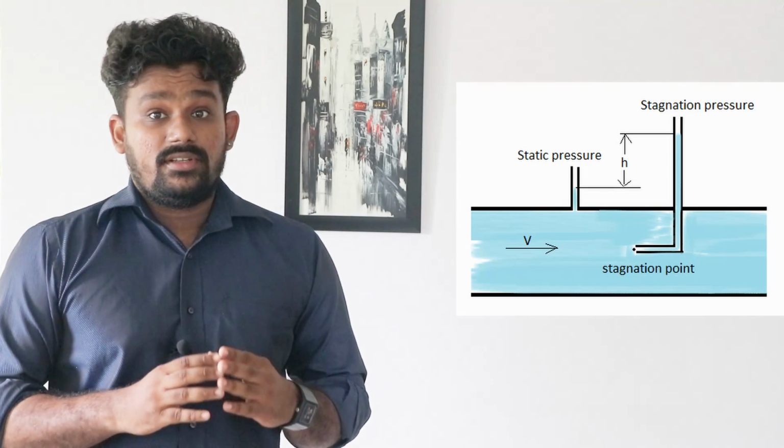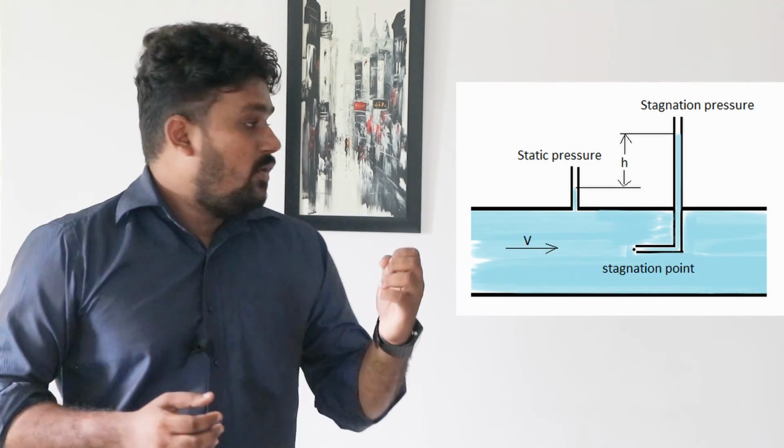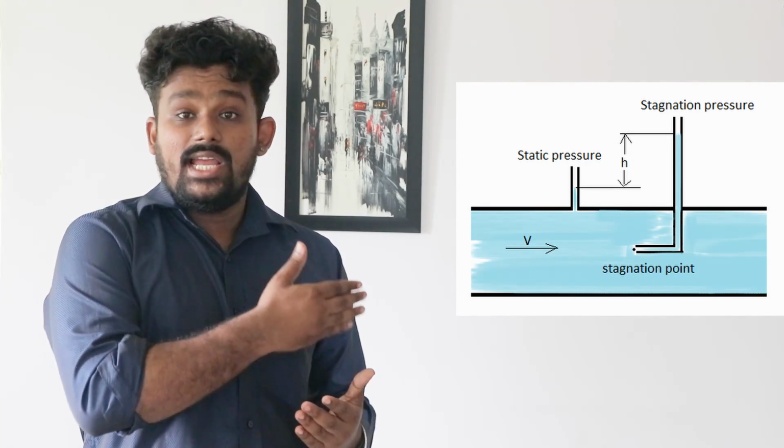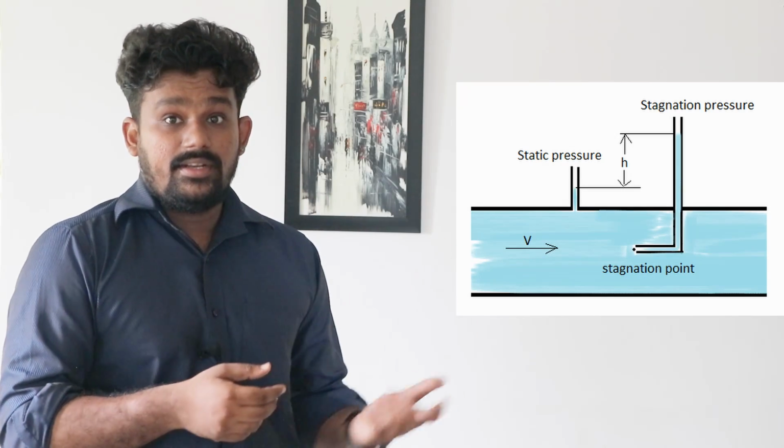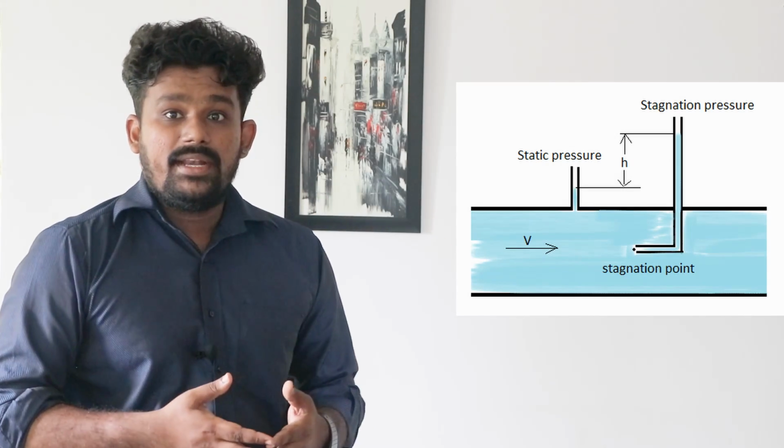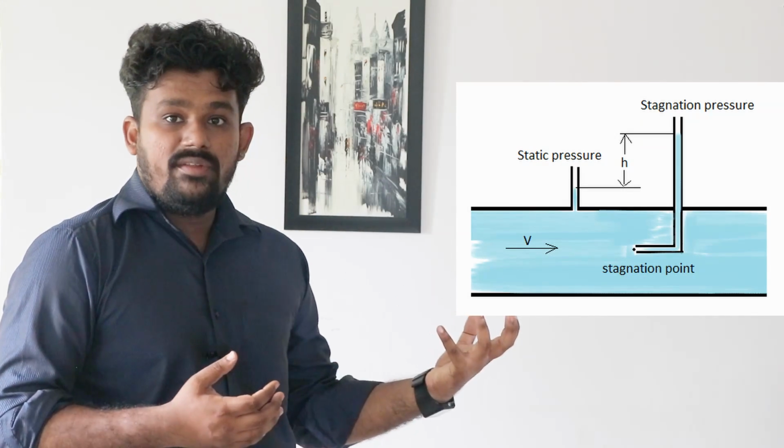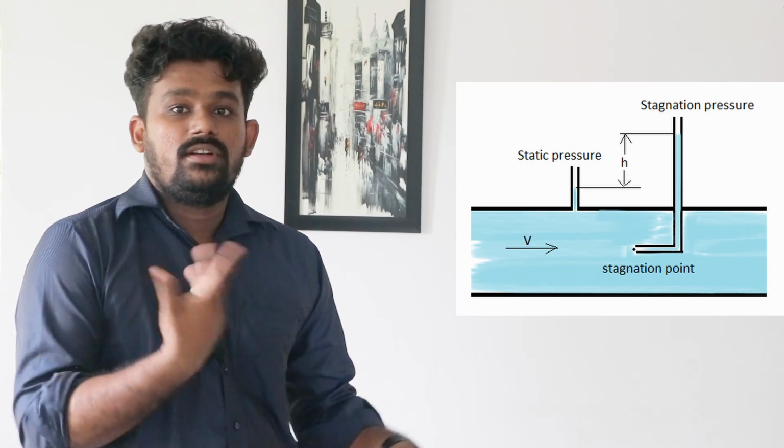And the third application is the Pitot tube, also called the Pitot static tube. This device is used to measure the velocity of a flowing fluid. When a fluid flows over a channel, an L-shaped tube is inserted into the channel. Here the kinetic energy of the flowing fluid is converted into pressure